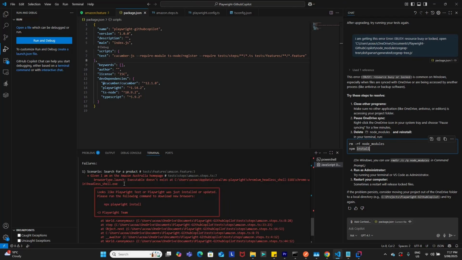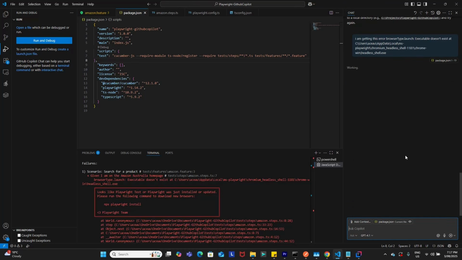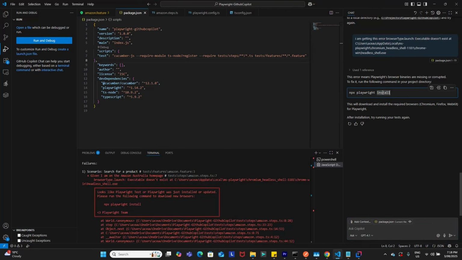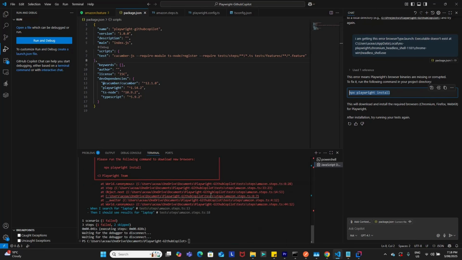Now let's see what this error is. I'll copy this and enter over here, I am getting this error. I paste it over here, and let's see what GitHub Copilot responds. This error means Playwright browser binaries are missing or corrupted. Okay, so it is asking me to reinstall or do an npx playwright install. So I'll copy and paste it over here,